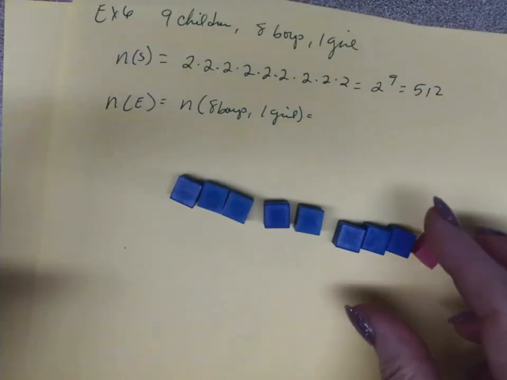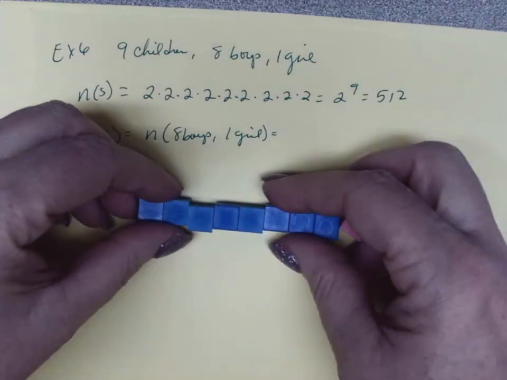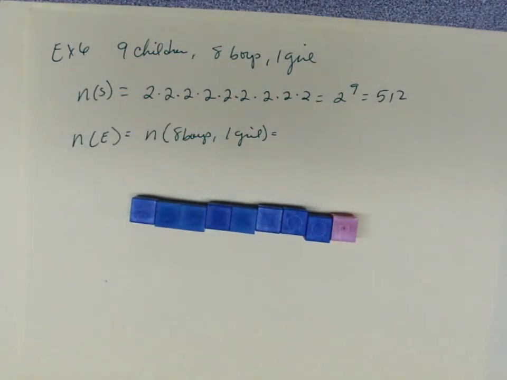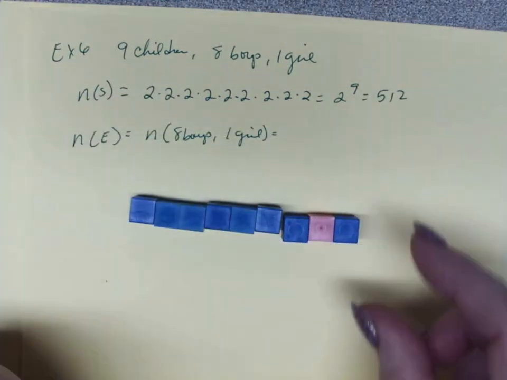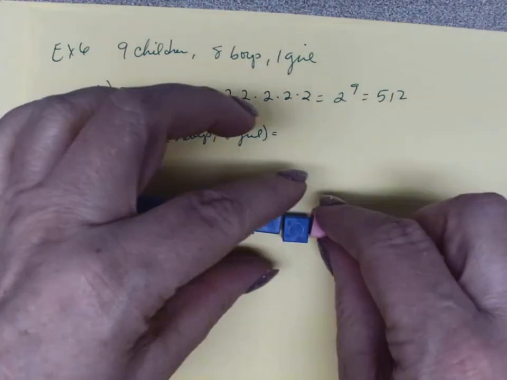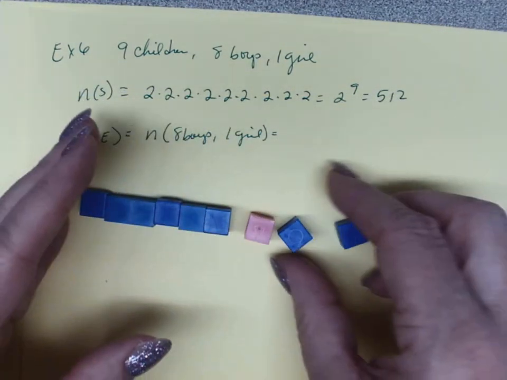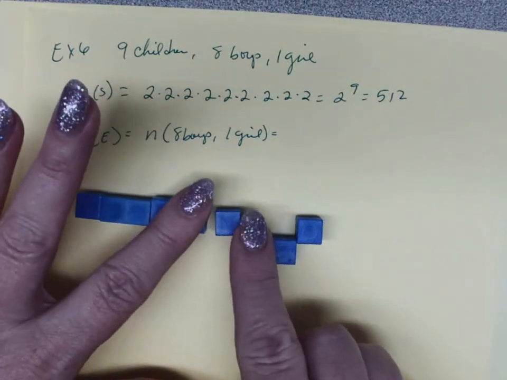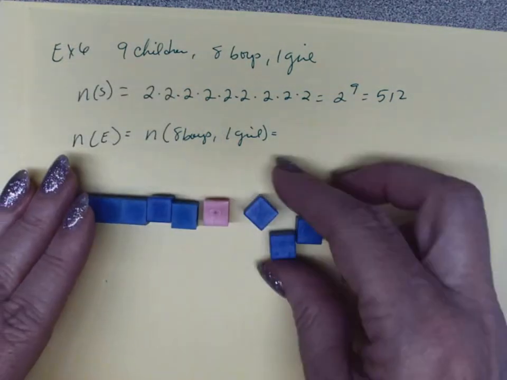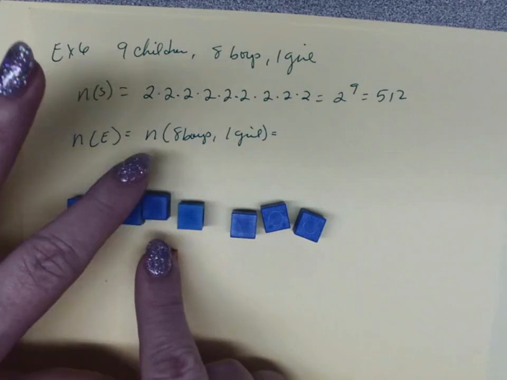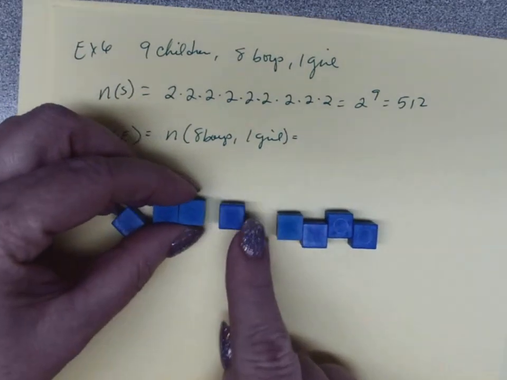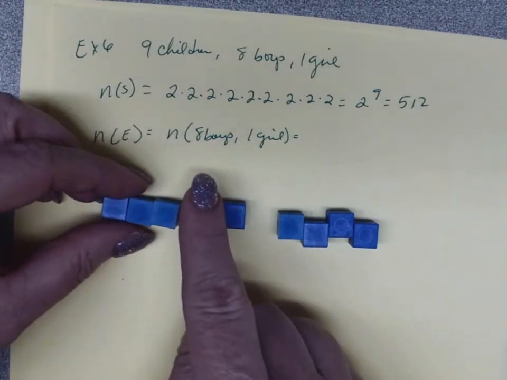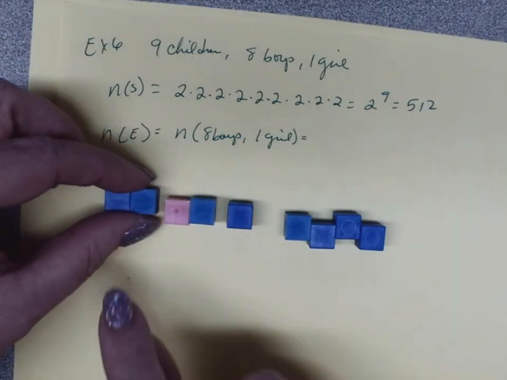All right, so if we're having 8 boys and 1 girl, but they can be in any order, this would be one way. That would be 2. This would be 3, 4, 5, 6, 7,